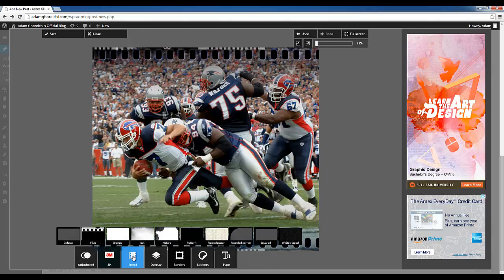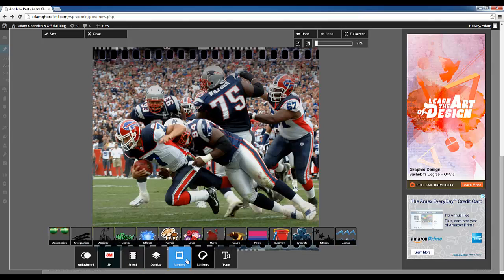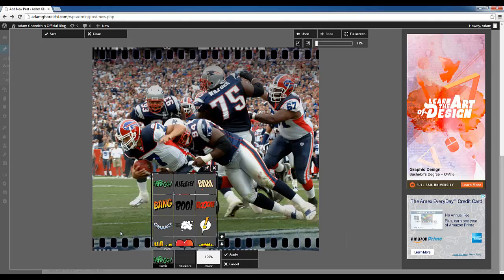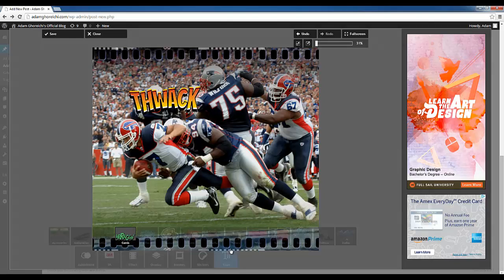So once we apply that, we have our borders, and I'm going to go ahead next and see what these stickers are all about. Looks like we have comic stickers, which might go well with the football theme, and it does seem to be pretty cool here, like boom, or those action. Here we go. How about that one? Thwack. There we go. So we're going to apply that, and